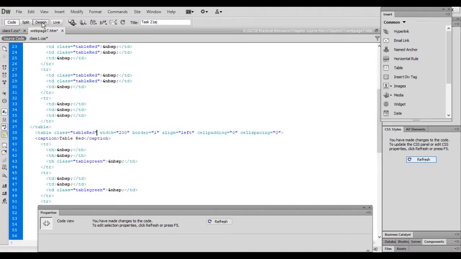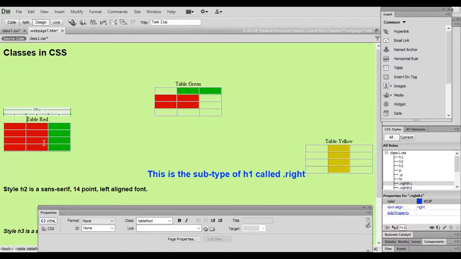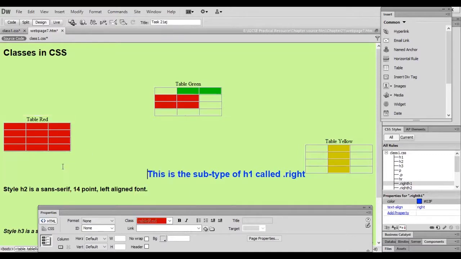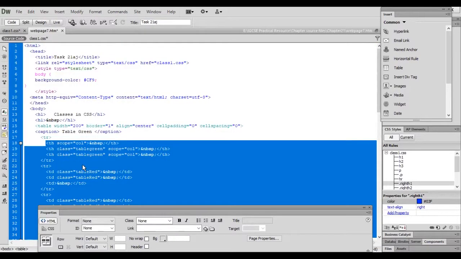If you see in design view, it will change the BG color to red. So just see here and you can change a red color from this. Same like if I select any color, you can have the same color within HTML, the markup language.